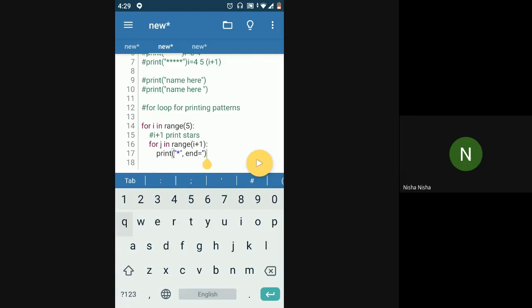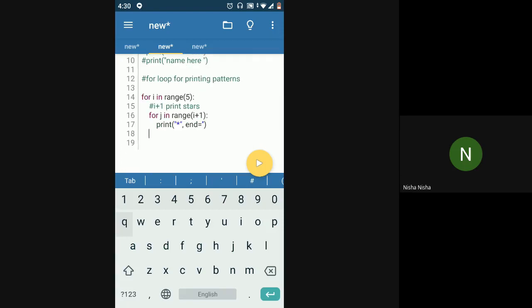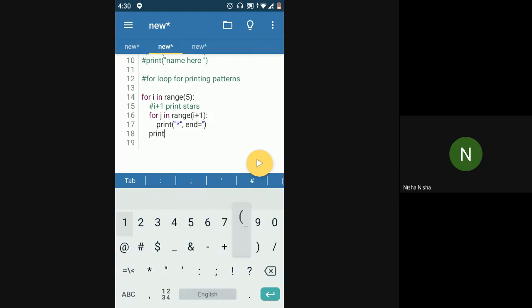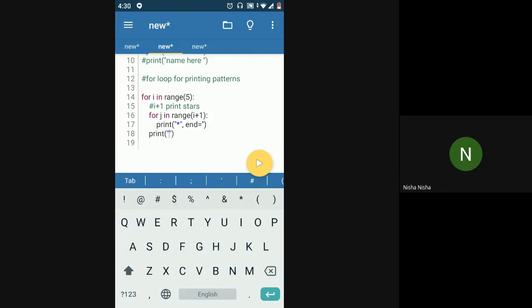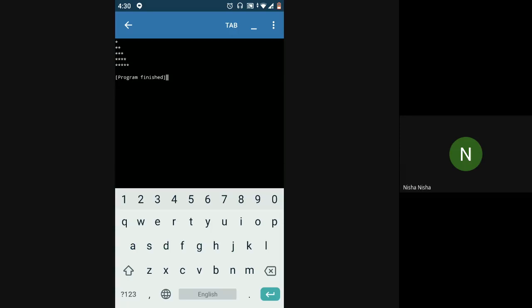See, I'm outside of the loop. Like you can see by the indentation, right now I'm outside of the inner for loop. And then I'll just say print. Either you can say backslash n, which is the enter character, Enter is also called backslash n, or you can directly put it as print. That is also fine. So when I run this, I get the proper pattern now.